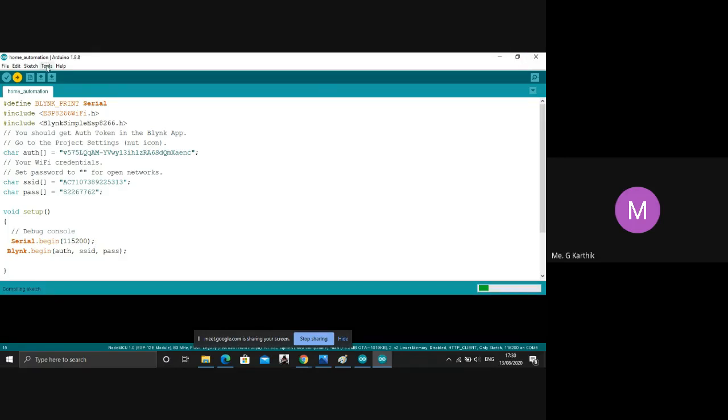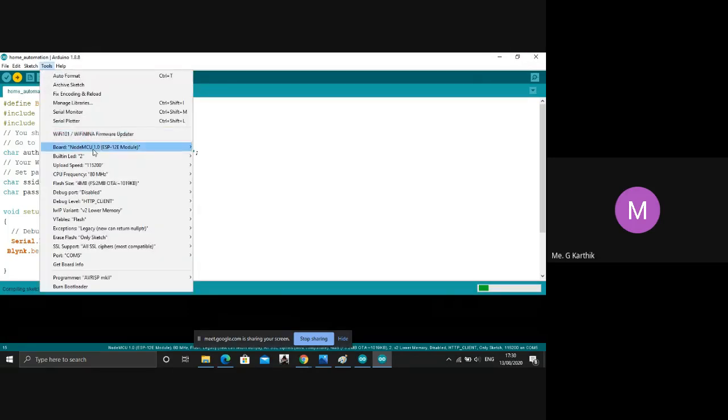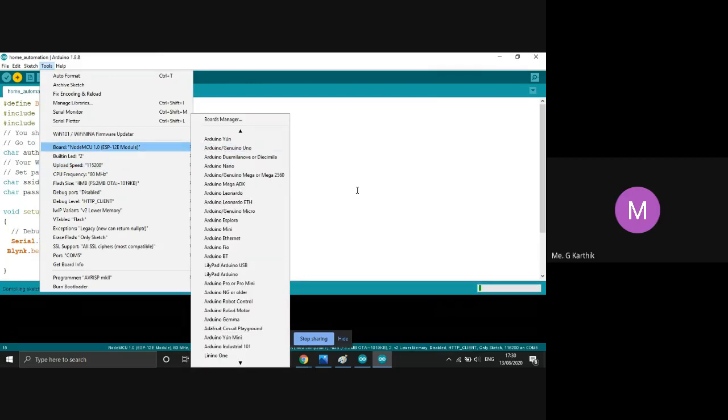This PC is a slow one, it takes some time, but if yours is an i3 or i5 processor, it uploads with more speed.